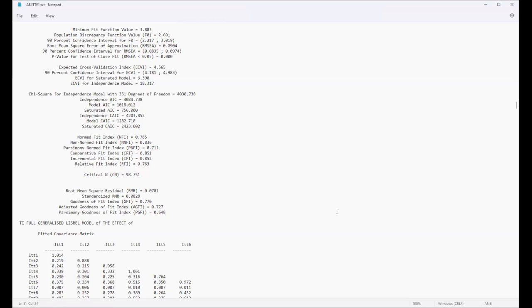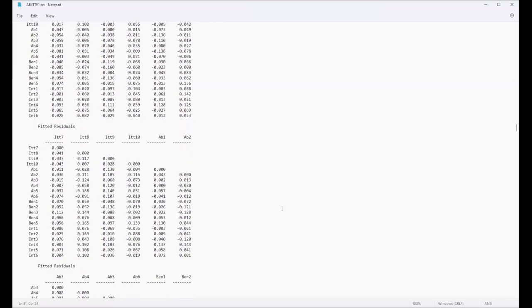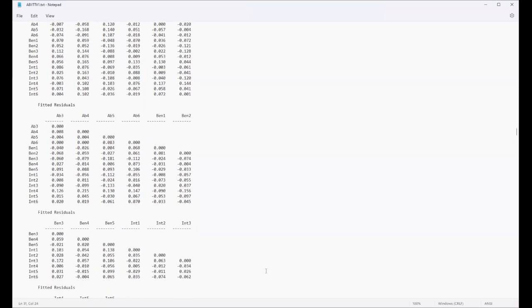You can see here our covariance matrices. We even get cute stuff. So this information would also be useful for extracting and putting in a report if you need to develop a report, either for a paper or if you've been doing this for a client, right? And you also get cute little things like,